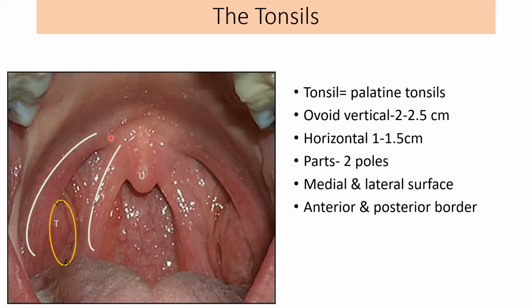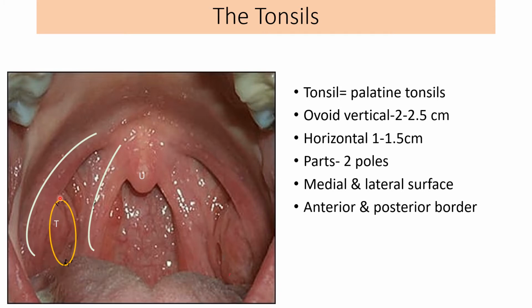So this would be the apex of the tonsillar fossa, whereas the base is formed by the posterior part of the tongue. Okay, so this is the base, this is the apex, and these are the two arches making the anterior and posterior boundary of the tonsillar fossa or sinus. This is the ovoid mass which is seen over here, which is called the tonsil. Okay, so these are paired structures.